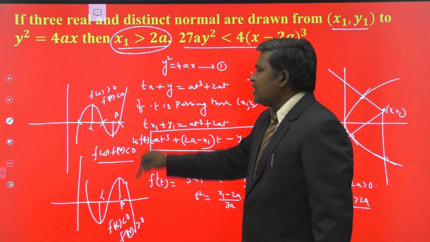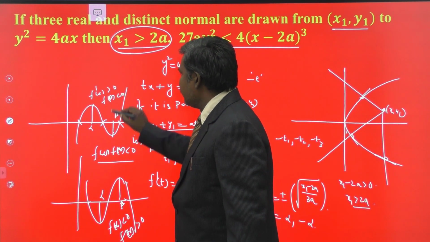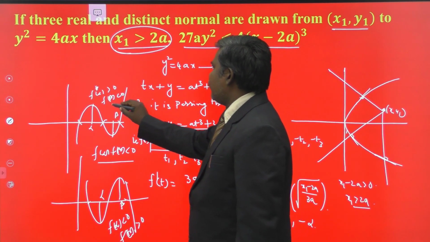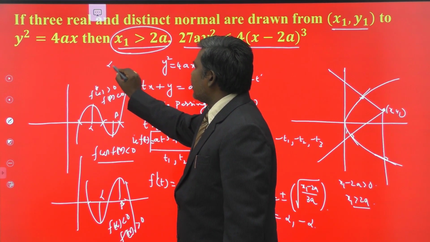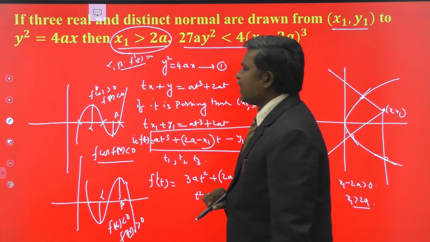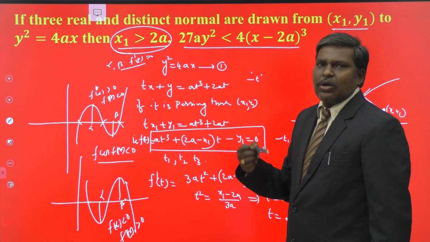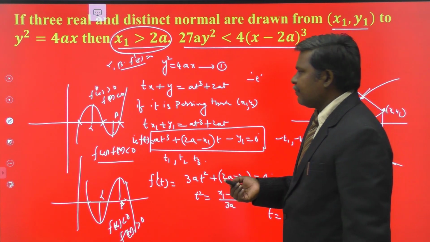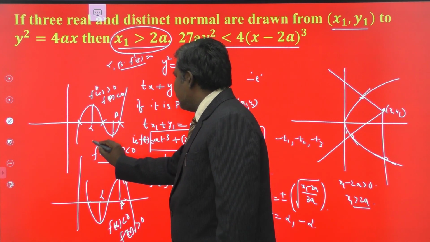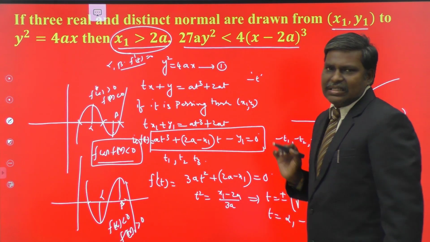What are alpha, beta? Alpha and beta are the roots of f dash t equal to 0. That means here f of alpha is greater than 0 and f of beta is less than 0. Am I correct or not? So f dash x equal to 0 is at x equal to x1. That means x1 is either a local minimum or a local maximum. Okay. That is why I am saying that f of alpha into f of beta must be less than 0. That is the condition. From that condition itself we can achieve the result.